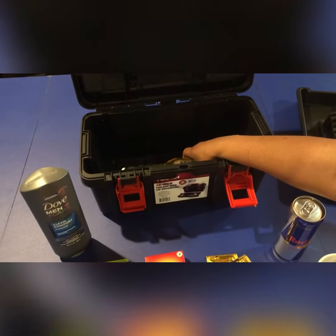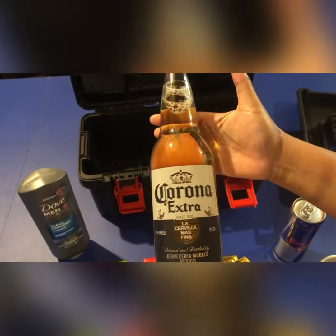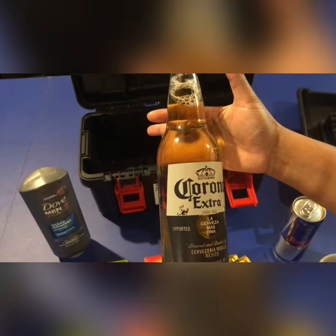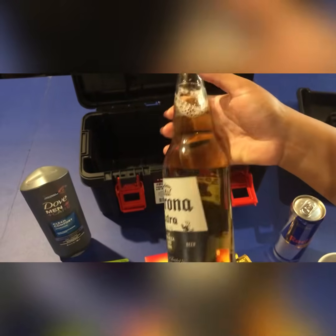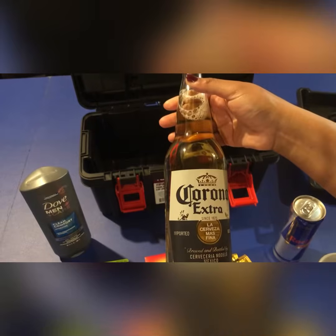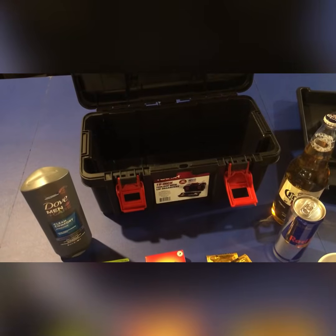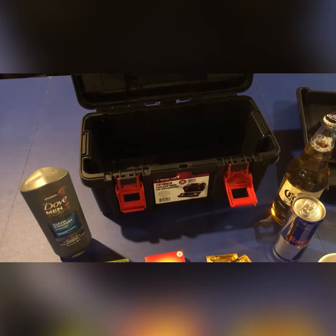And I saved the best for last. Beer, yes. And you remember, put whatever you want to put in here, put whatever they drink. But in this example, we're gonna rock with beer. Okay. Now, with that being said, let's